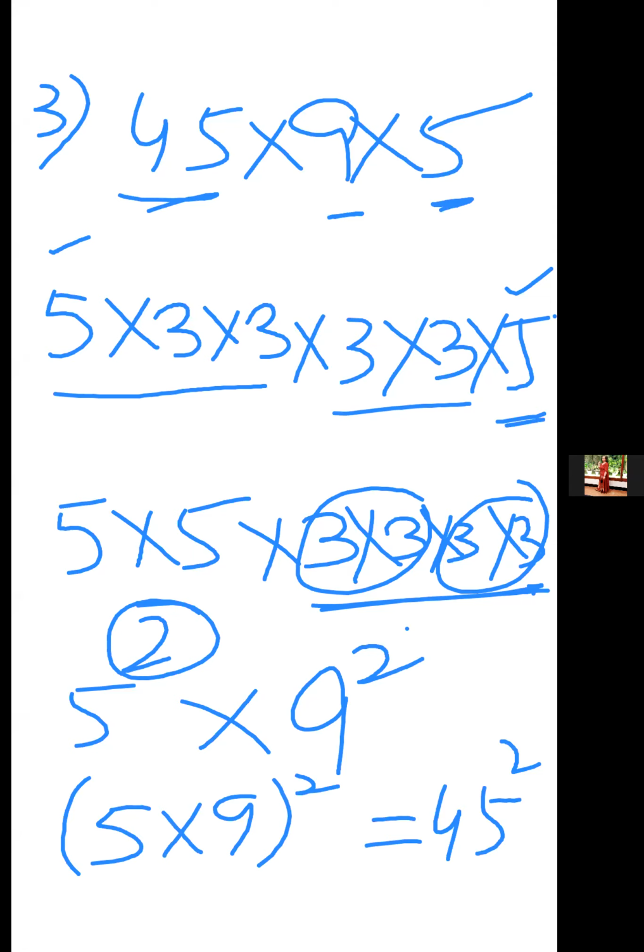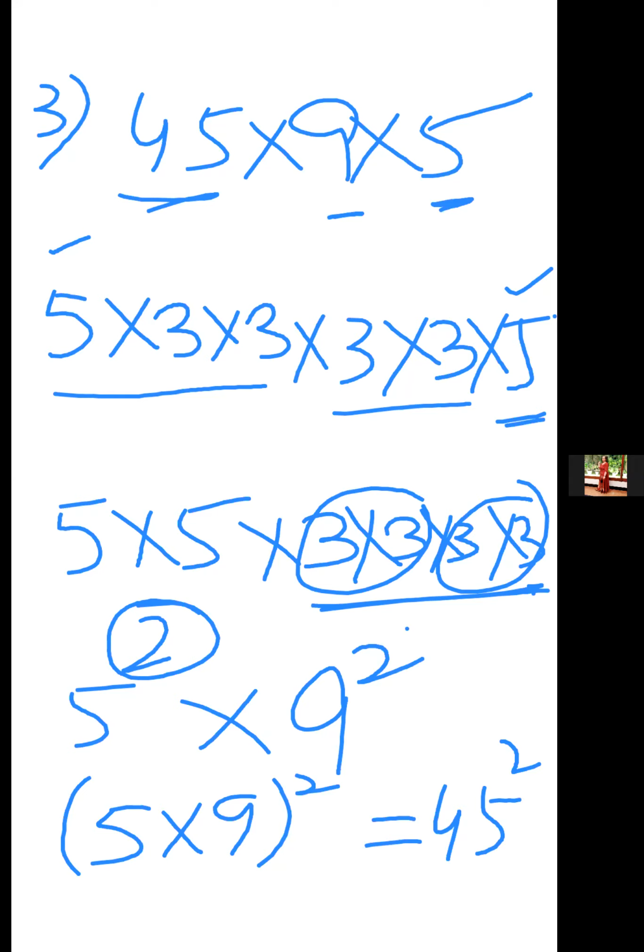Understood? Ma'am, can you explain again? You have to practice. बच्चा, this you have to practice again and again. आपको ऐसे क्वेश्चन बार बार प्रैक्टिस करने पड़ेंगे खुद. देखो ना, फर्स्ट यू हैव टू ओपन 45, open the numbers with the LCM. 5 into 3 into 3. Only prime numbers you have to use. 9 is 3 into 3. 5 is 5. Okay. Now I'm explaining again, beta.